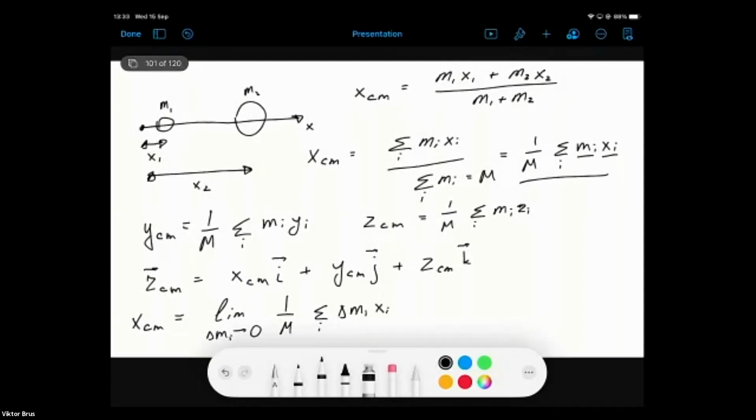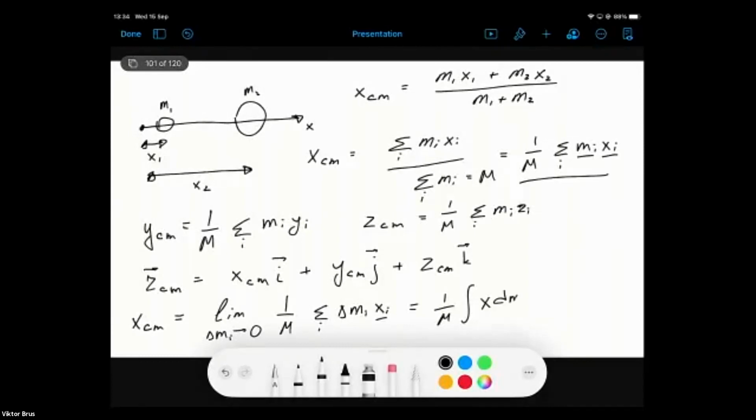Each of these small parts of the continuous body will have its position within the arbitrary volume, like the shape of this body. And this is nothing else than integration: 1 over M times integral x